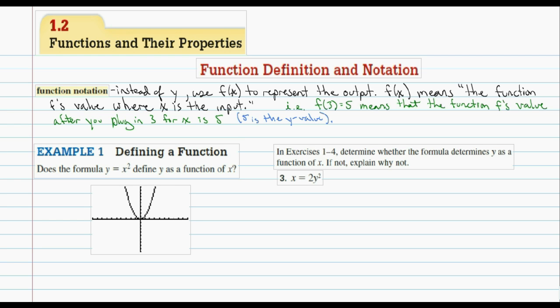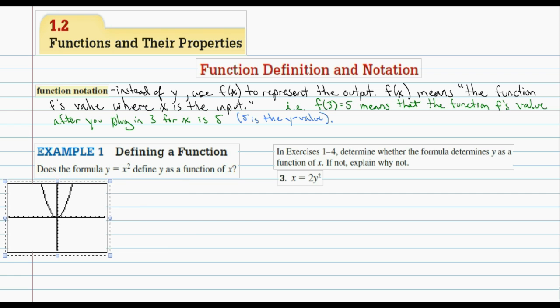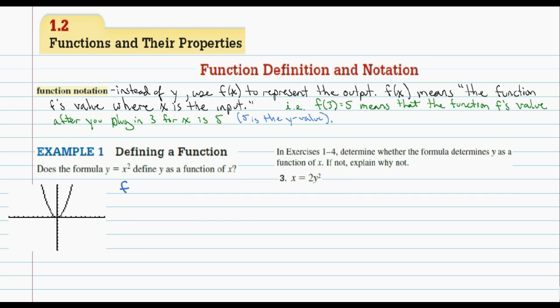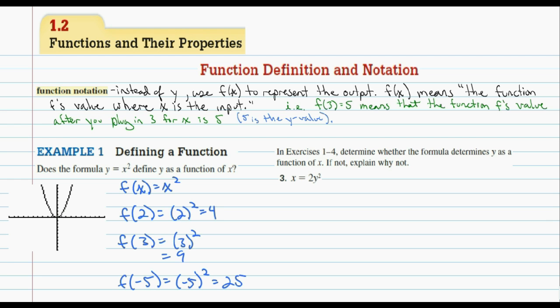The other quality we use to distinguish a function of x is that if I plug in an x value, I will only get out one y value. So for example, if I plug in 2, 2 squared is 4, not 4 and negative 4, not both 4 and 5, it's just 4. Now try the problem, example 3 in your exercises,